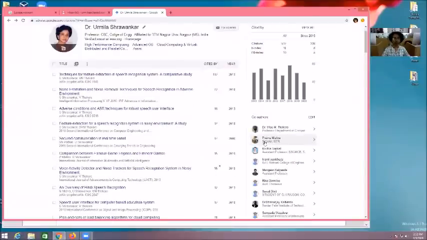For maintaining our own record, everyone has to prepare their Google profile. Automatically, you will get the list of your papers and no need to worry about keeping the record of that. Whenever we get any query about our paper, citation, index and all, so directly you can open your Google profile and you will get everything available.